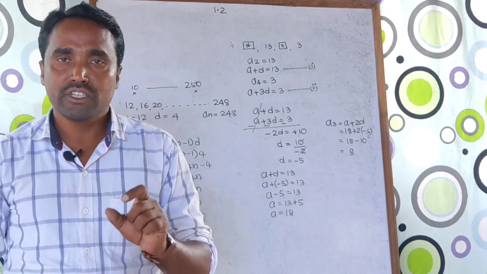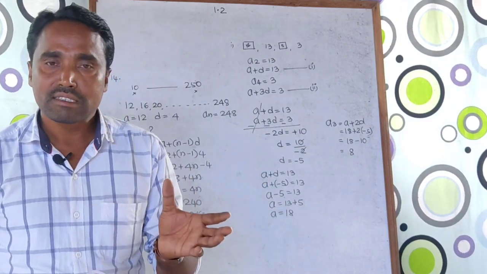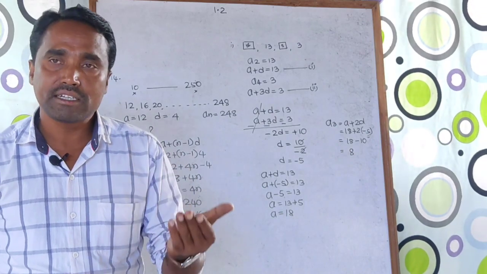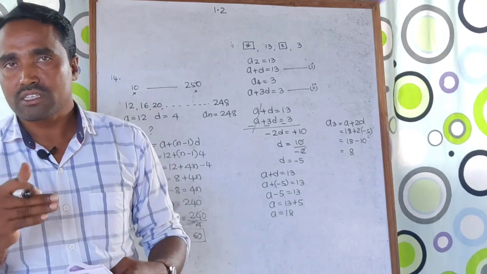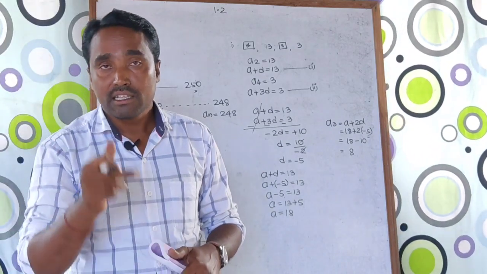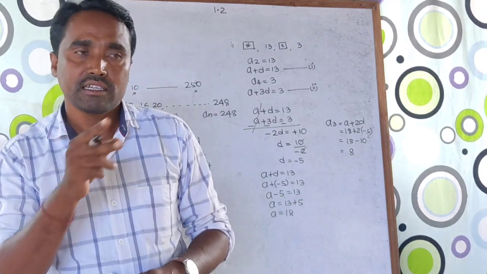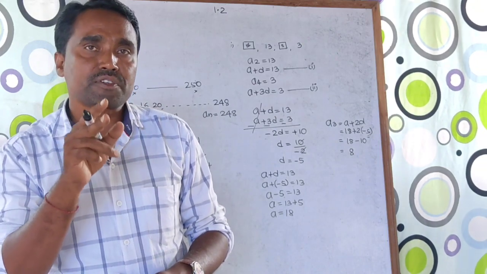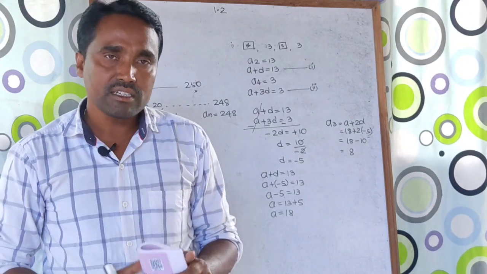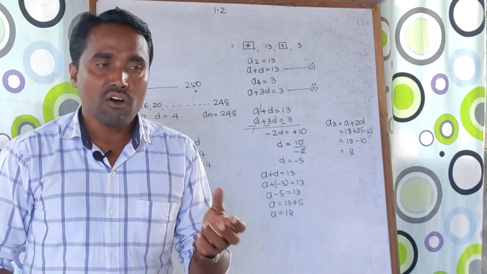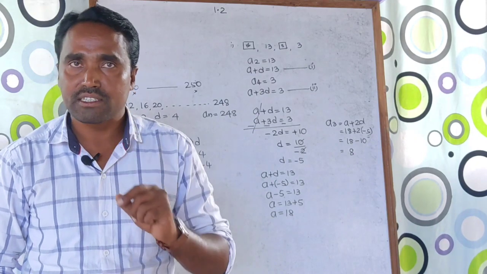Okay, so in the first video of arithmetic progression, we have seen the definition, the different formulas, how to find A, then the common difference, and what the term is. Everything we have gone through very deeply. Most of the questions are covered, and the same kind of pattern will be there. Now in the next video, part 2 of arithmetic progression, we will see the sum of terms. After going through the sum of terms in the arithmetic progression, we will see some applied questions, some twisted questions which are not given in your textbook. That will be the very challenging one.